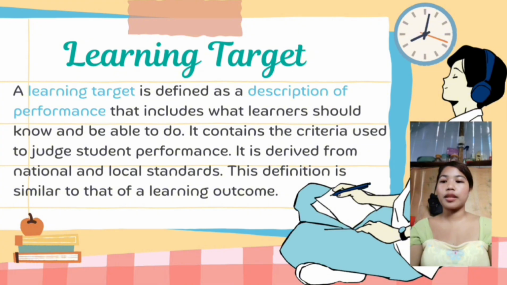So now let's move on to learning target. A learning target is defined as a description of performance that includes what learners should know and be able to do. It contains criteria used to judge students' performance. It is derived from the national and local standards. So a learning target is different from an objective. A learning target is